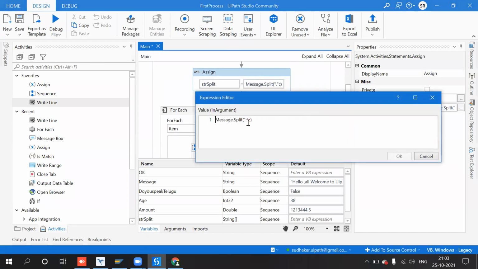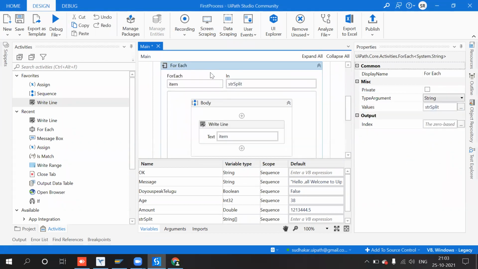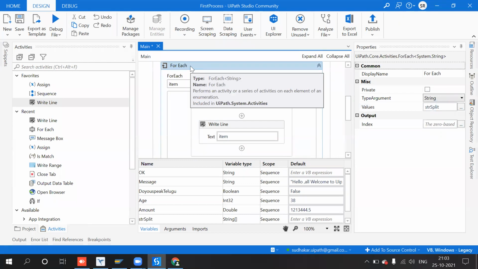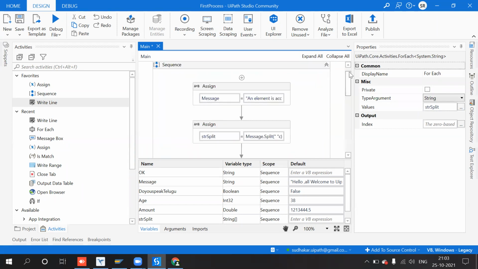The split function, with a space as the separator. Whenever you use a for each loop to retrieve all the values from the string, I split the string using space, so all the values come into an array.